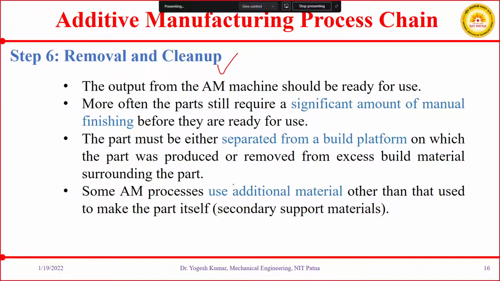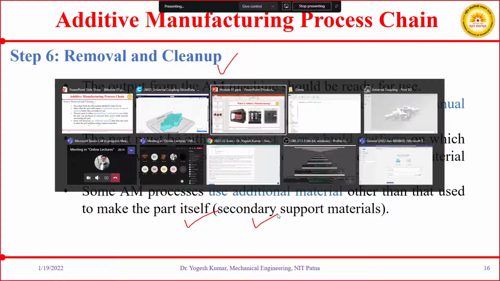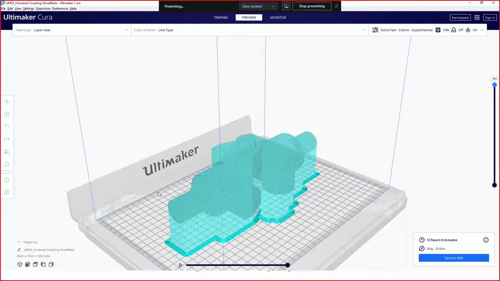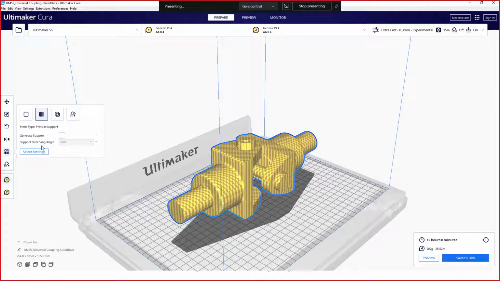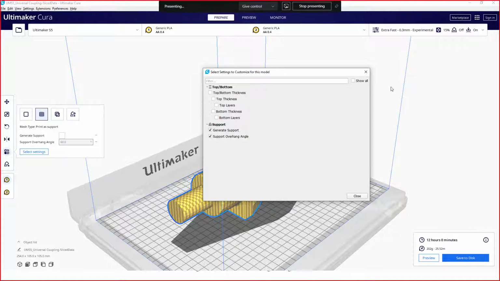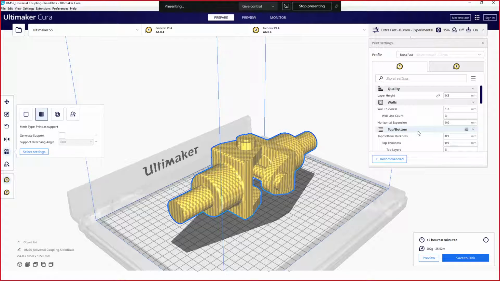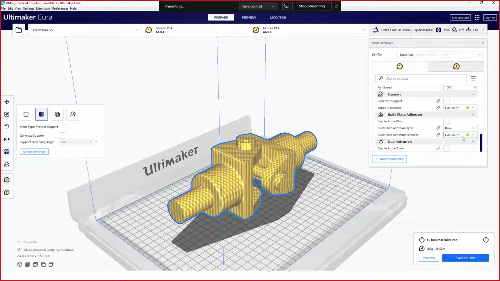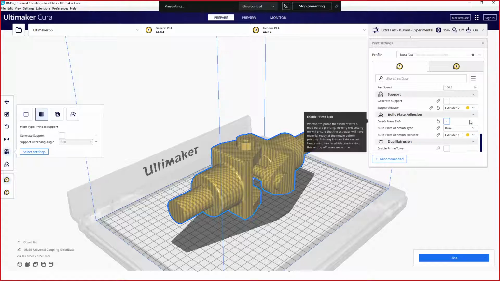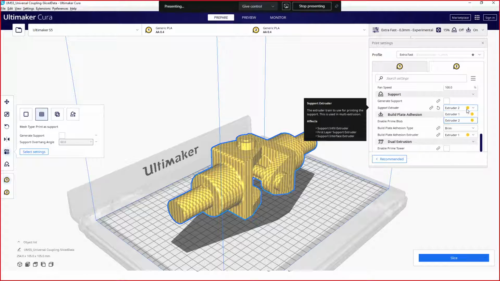Some AM processes use additional materials other than that used to make the part itself, that is called secondary support material. Okay, so here in this printer we have an option, let me show, like select setting. Okay, then generate support, yes, and here you can decide the support material, like support material extruder 2. Okay, so I can choose the support material as extruder 2, and here you may change, yes,